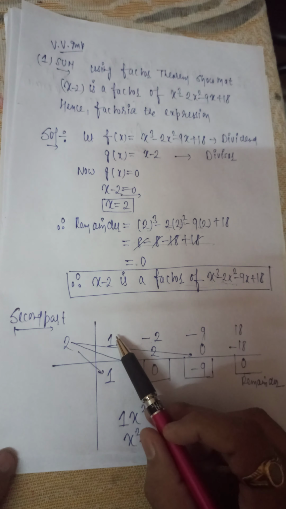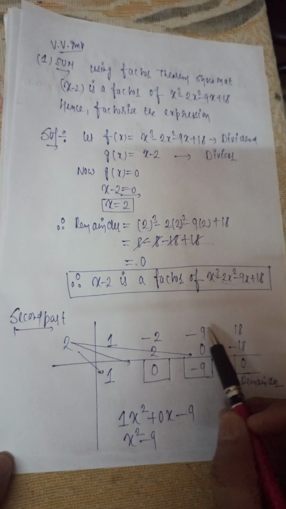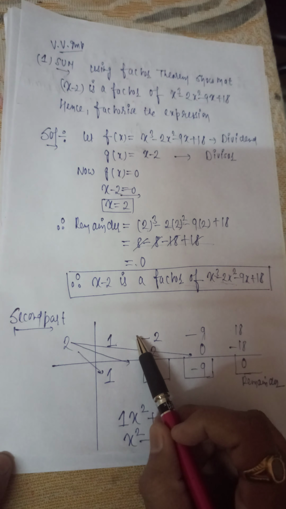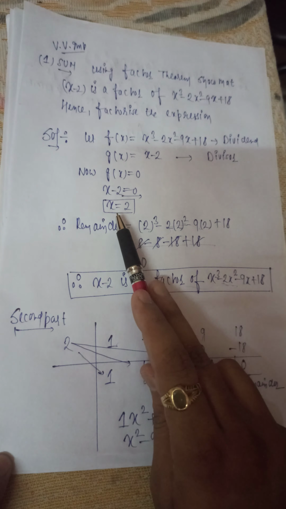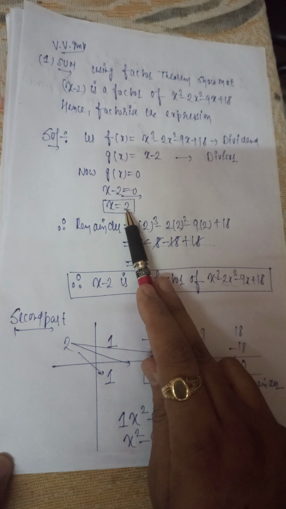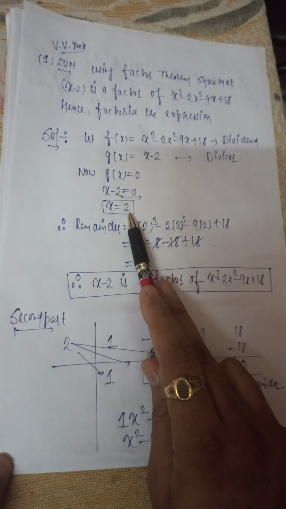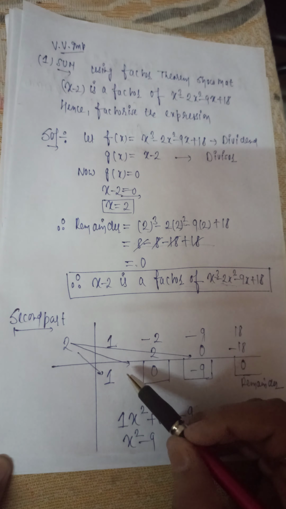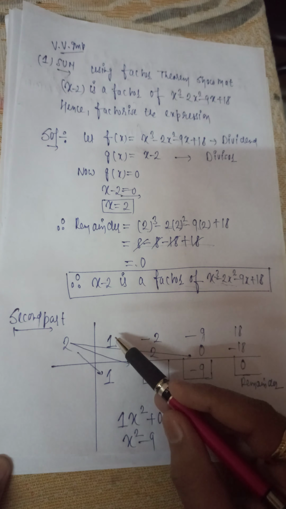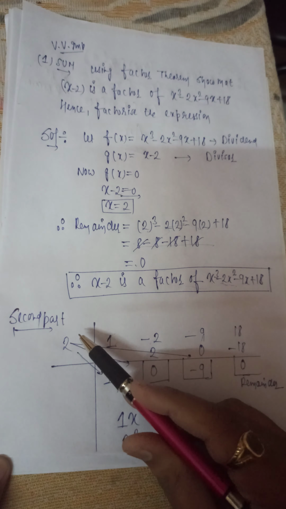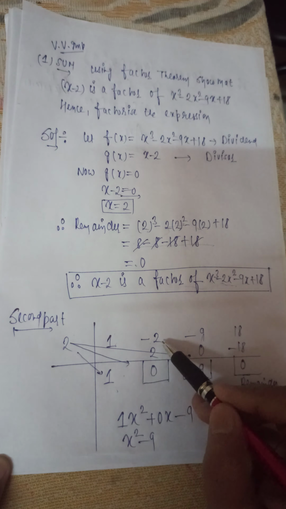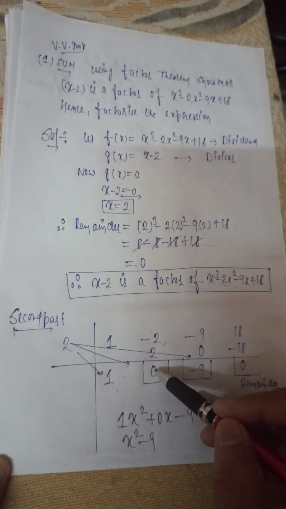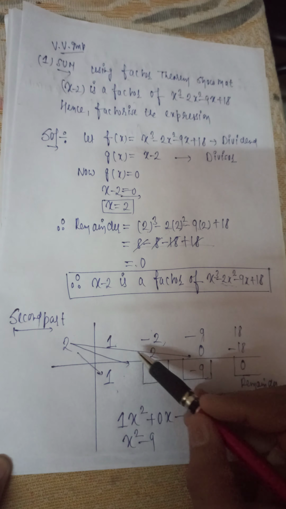Then after writing the coefficients of the cubic polynomial, divide this cubic polynomial by this value, x equal to 2. Now what is x equal to 2 here? x equal to 2 is the root of the polynomial. Always divide the cubic polynomial by this root. Now what is the method of dividing? First you write this 1 as it is, then multiply 2 by 1 and write 2 here. Then minus 2 plus 2 is 0. Then multiply this 2 by this 0.